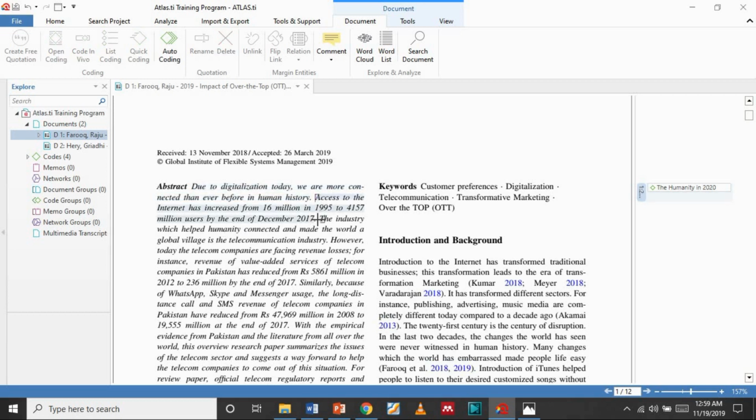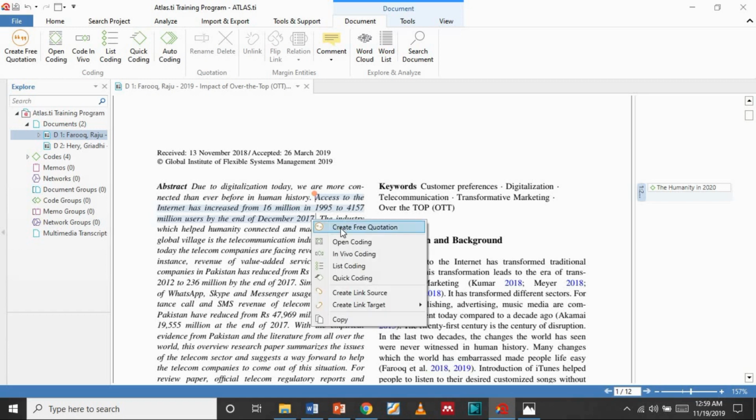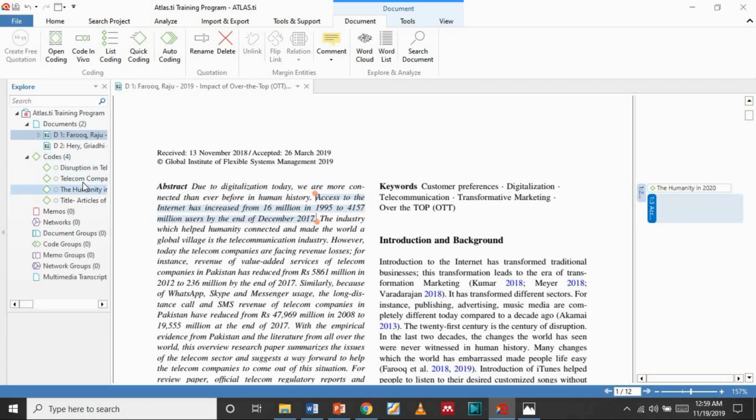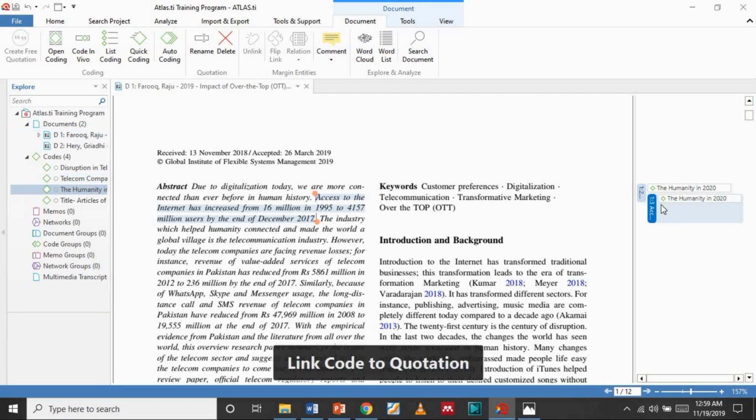You can again create a code, and you can right click to create a free quotation. So you have created the free quotation, and then you can drag the code of the humanity in 21st century, and you can link it with this sentence. Okay,